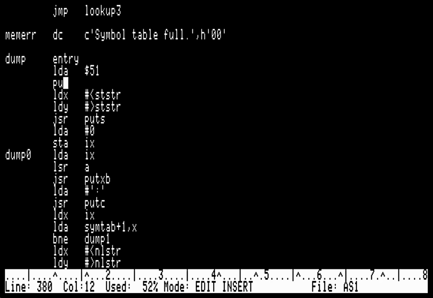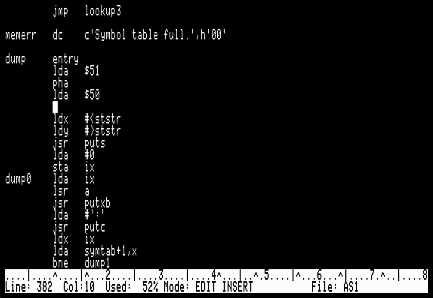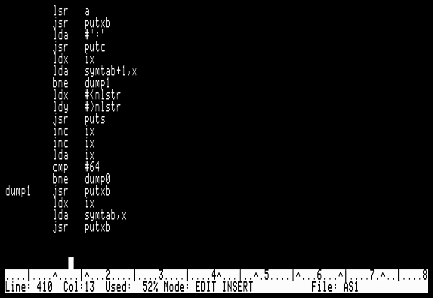Okay, so push the old contents of the addresses we want to use. Oh, and by the way, here is where